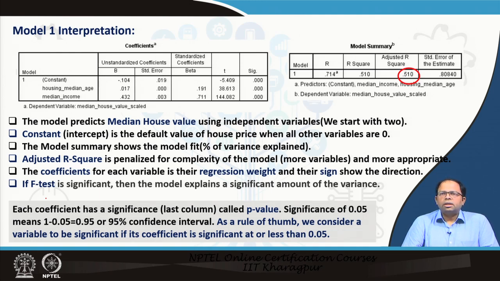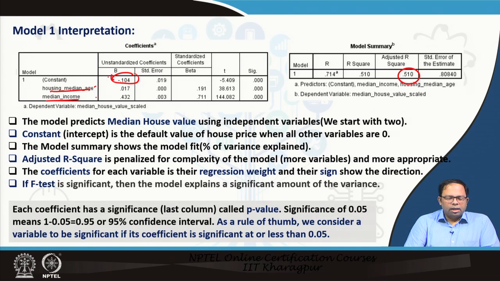So, we are predicting housing price based on the different constituent characteristics of it. We start with two independent variables: housing median age and median income of the people living there. We also have a constant value. It is a default value of house price when all variables are 0. So, if both these variables are made 0, then automatically this constant value will become the actual